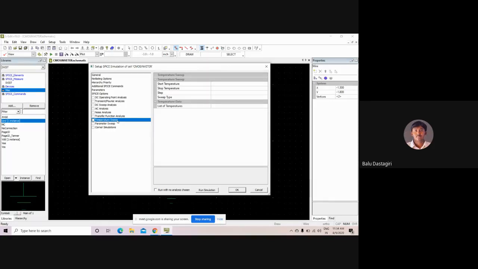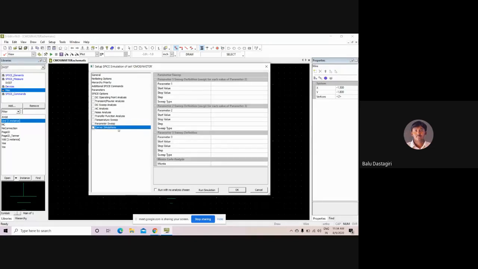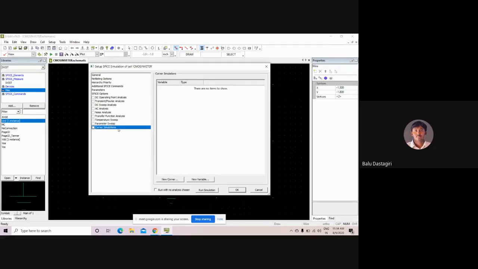So all this parameter sweep can be seen in the parametric sweep analysis. And the next one is the Monte Carlo analysis. So in the Monte Carlo analysis, what you can do is that